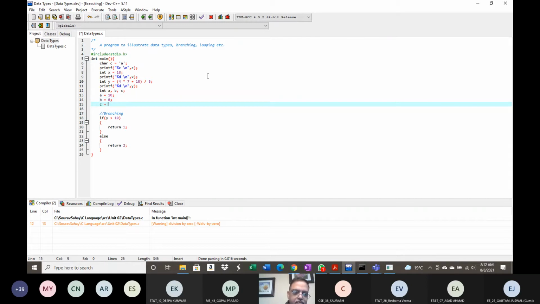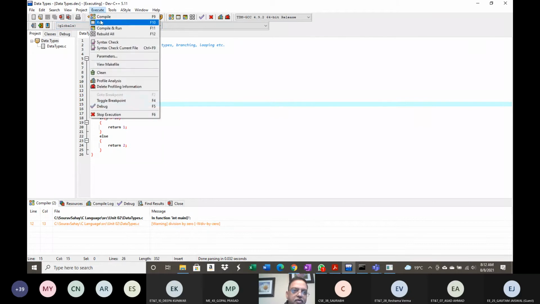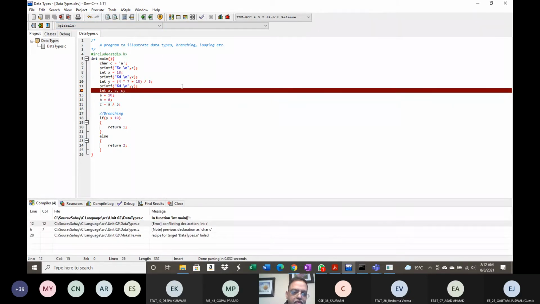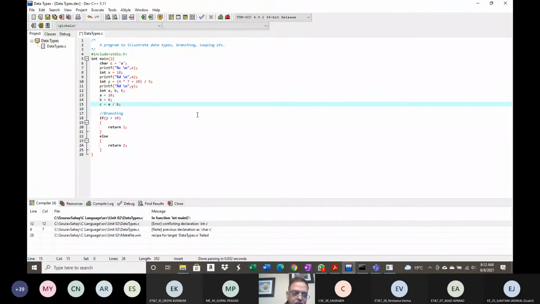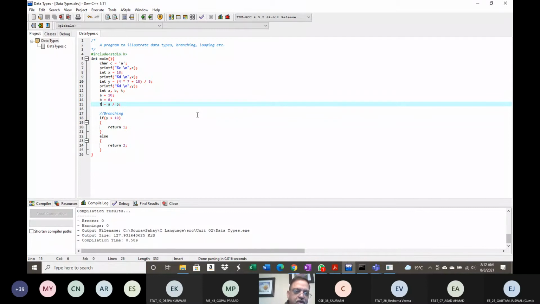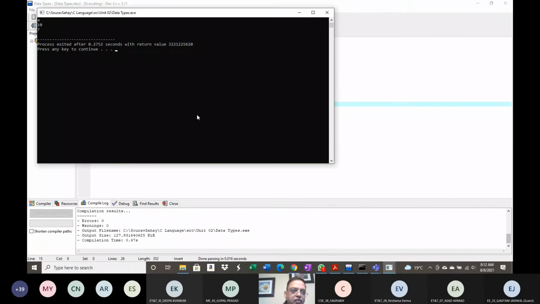C is equal to A. So here I am fairly sure I will not get a compile time error. I compile, so it compiles. And now if I run this, it is giving you this return value.